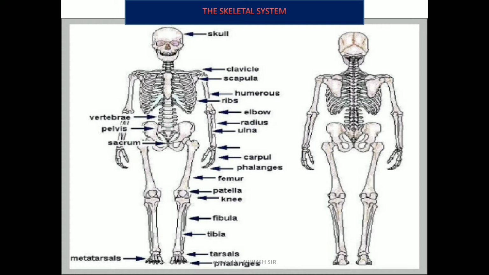Second is clavicle. Clavicle bone is the bone of shoulder, or you can call it a collar bone. The shape of the clavicle is like that of the English letter S. It is situated in the upper part of the chest towards the front. It is joined on one side to the sternum and the other side to the shoulder. Its main function is to keep the shoulder bone in position.